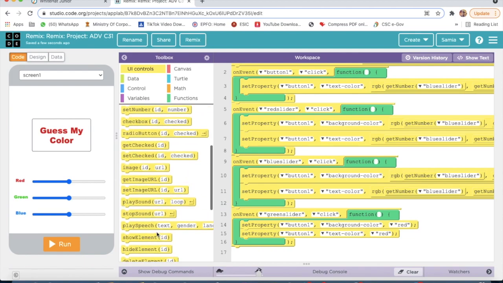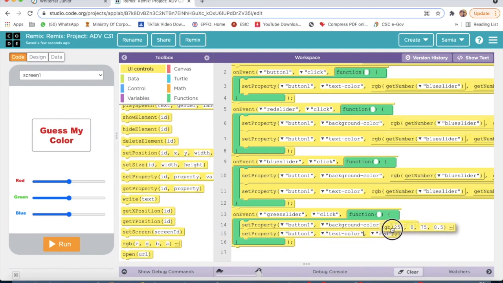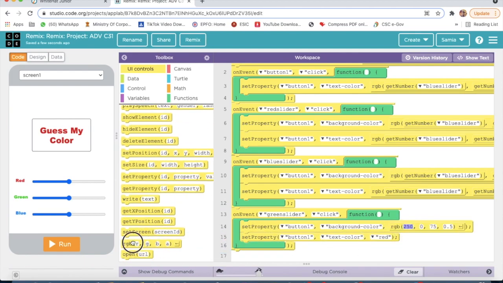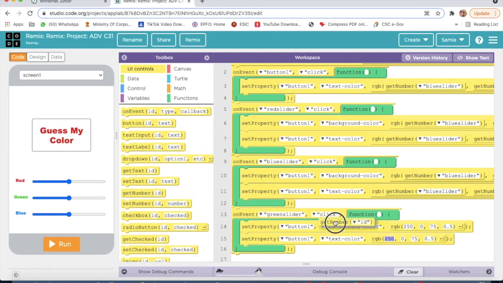And now I will take RGB here and here, then get number.